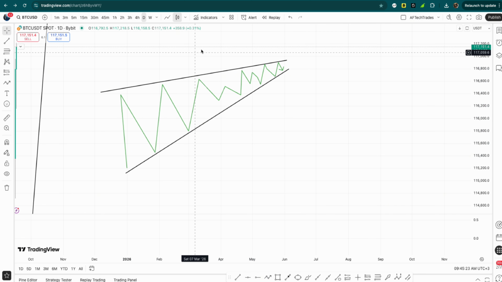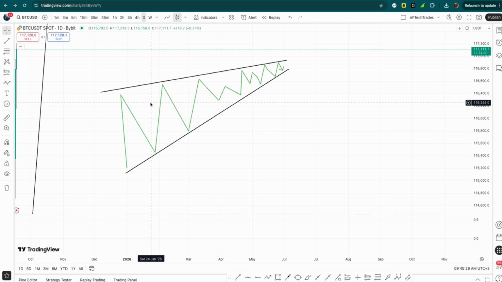So this is how the rising wedge looks like. I'll show you this in the live chat. I just want you to get the clear picture of how it looks like. As the name implies, you can see that the market is sloping upward, while